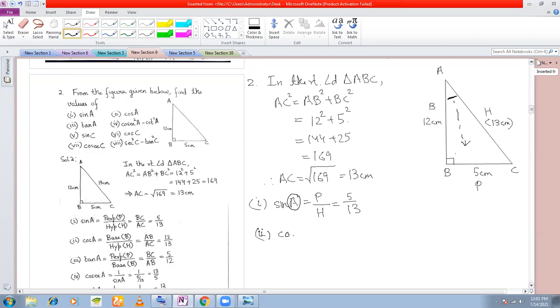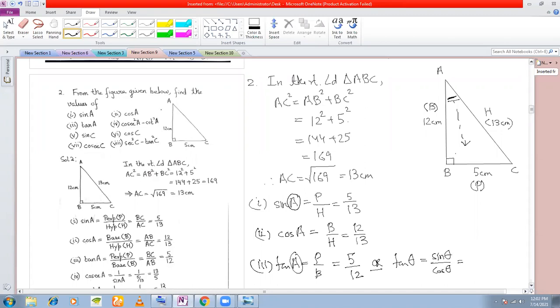Next, cos of A. When you're talking about again A here, this is our perpendicular, this side. That means this is our base, right? So base by hypotenuse, which is 12 by 13, right? So we found out cos A also. Next, tan A. Tan A is perpendicular by base. So again, we are talking about this angle A. That means this angle here is theta. Okay. So perpendicular here is 5 and base here is 12. Or what you can also do is, if you want to find out tan theta, you can also use the quotient relations. Tan theta, you know, is sin theta by cos theta.